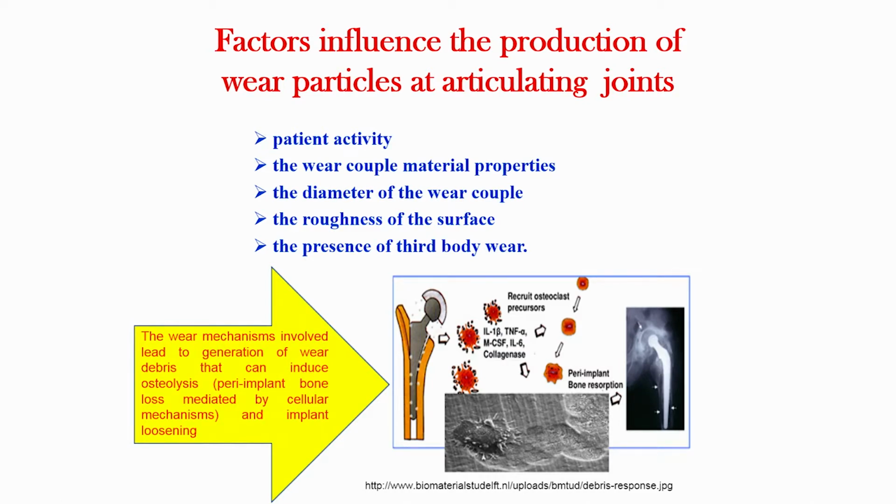Factors which influence the production of wear particles at joints are patient activity after the surgery, wear couple material properties like what is femoral and what is acetabular socket, diameter of the wear couple, roughness of the surfaces, and presence of third body wear. So, these are biological consequences of how wear debris particles can lead to inflammatory reactions